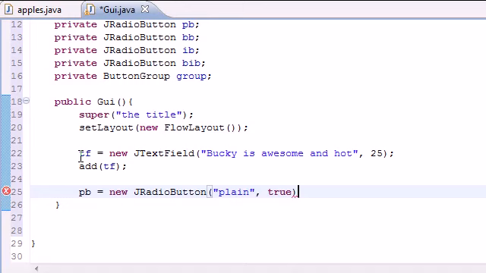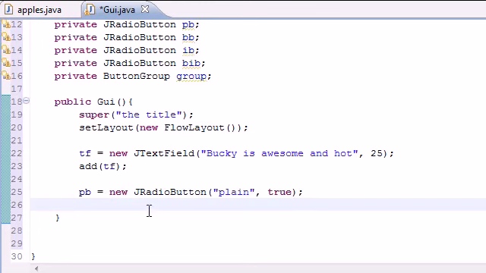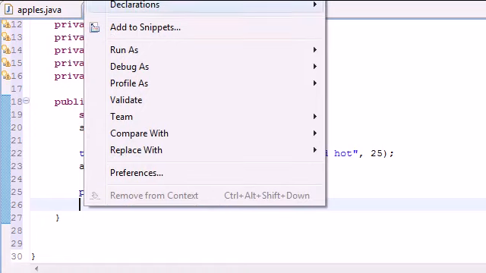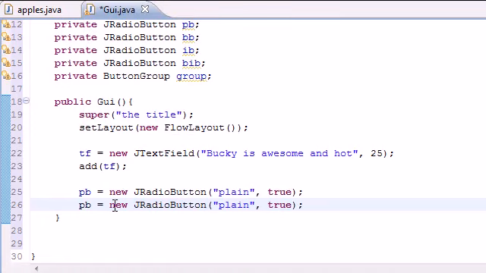Get in there. Now, the parameters it takes for true and false are pretty much true is checked and false is unchecked. So if we're having a relationship, we can only have one true at a time. So the first thing we want to do is set one of them to true, and later on it's going to do it automatically for us when we click it. But for now, let's just go ahead and copy this, and the rest of them are going to be false, by the way, since we only want one checked at a time, because that's kind of the concept of radio